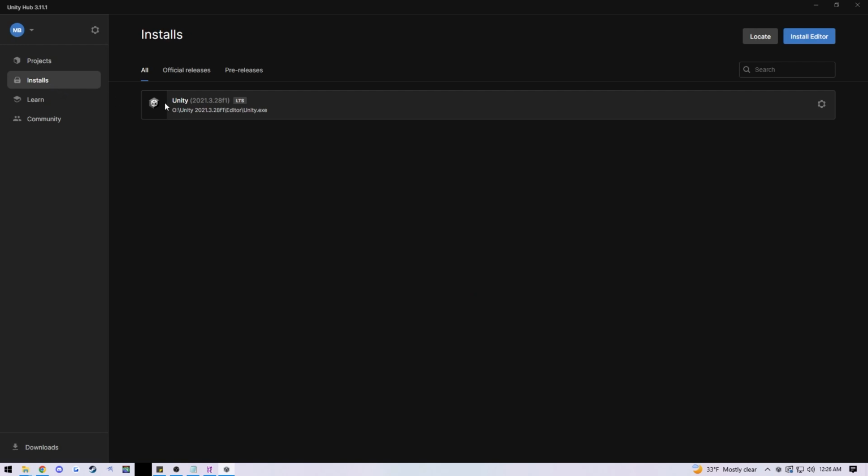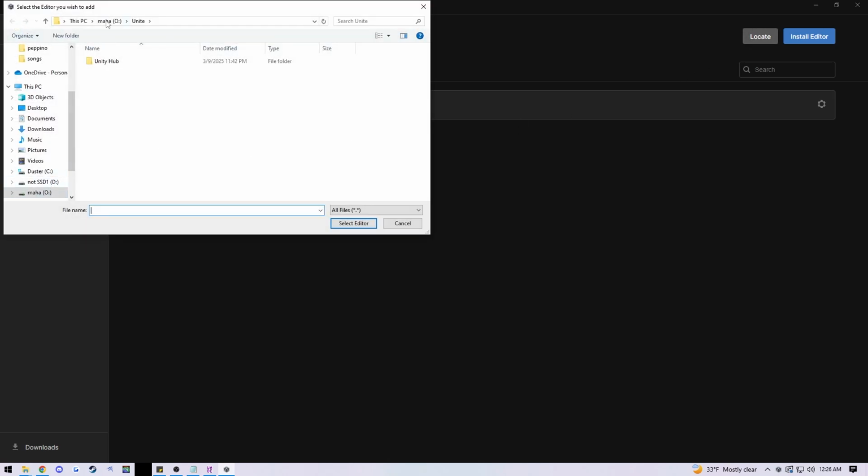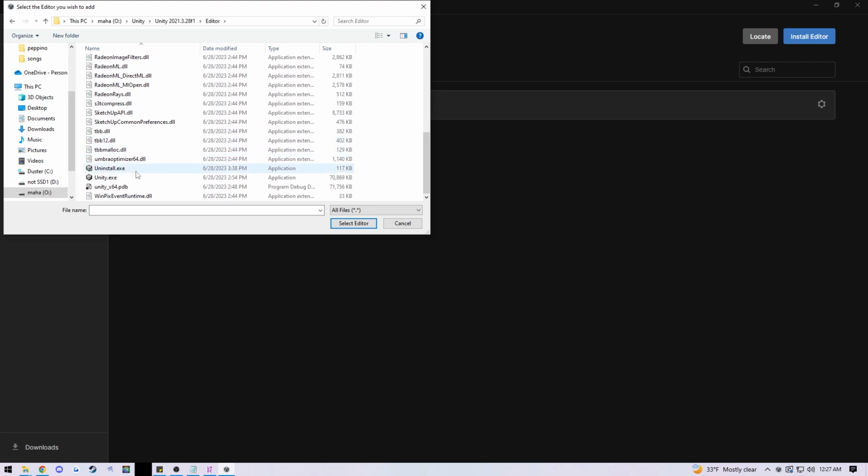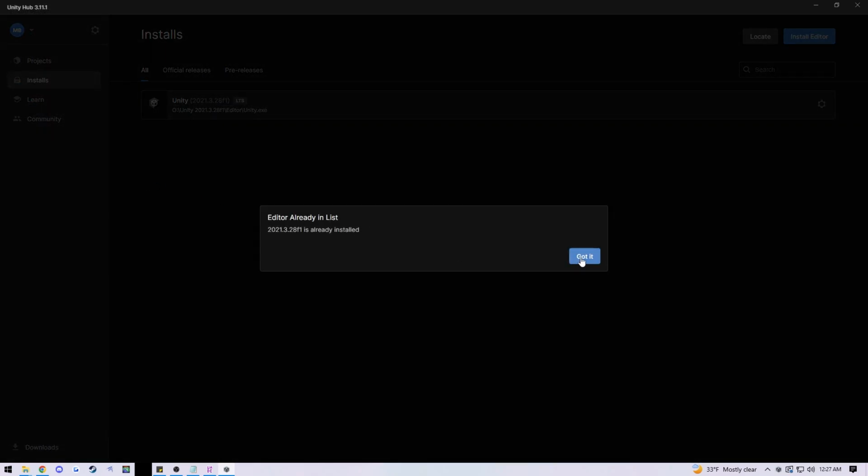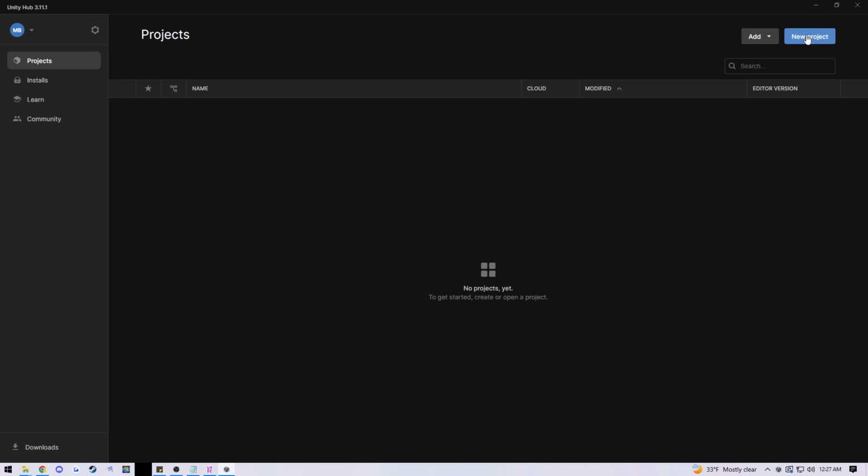So, if you don't see this here, you would press locate. Oh yeah, sorry. You go to installs, right? And if you still don't see this version in installs, you do locate. You go to the place you installed the editor, and just select editor. Oh, it doesn't work because I already. Oh, no, it's this. I misclicked. Yeah, you just click the one that has the version number, and then you go to unity.exe. See, already installed. So you want to go to new project,